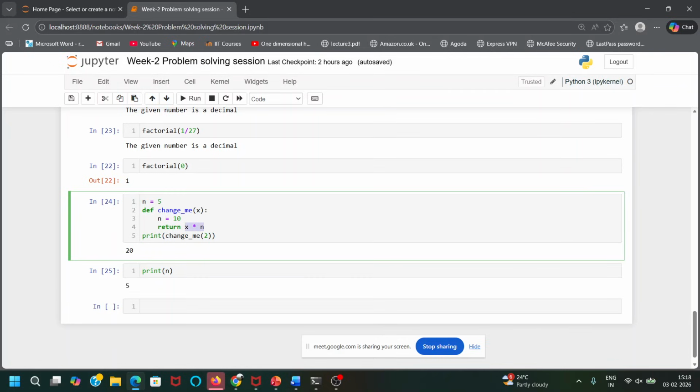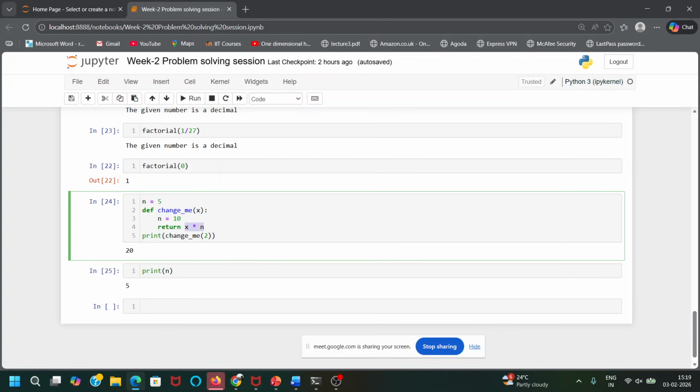Only the thing which will get out of the function is whatever we are returning. The value of x into n will be returned by the function and nothing else. The interpreter will not remember anything else apart from what we return from the function.